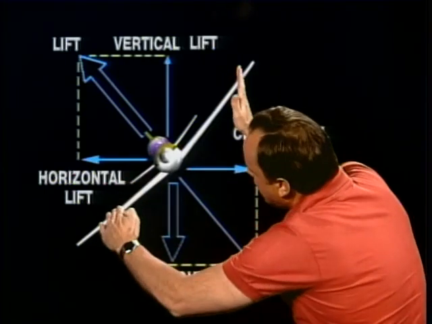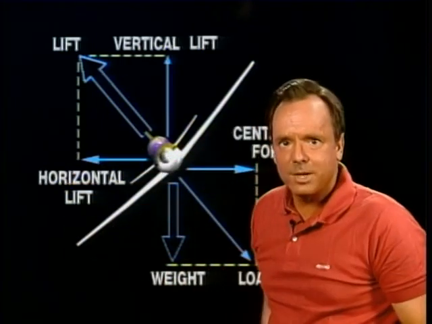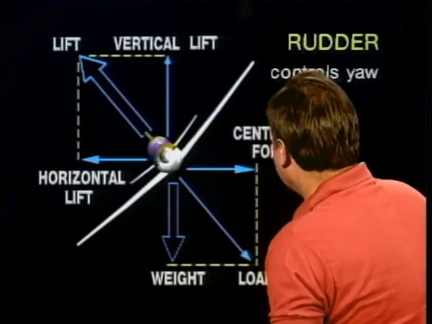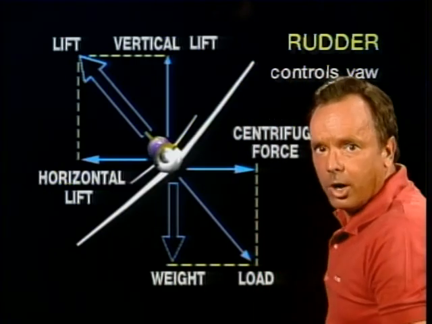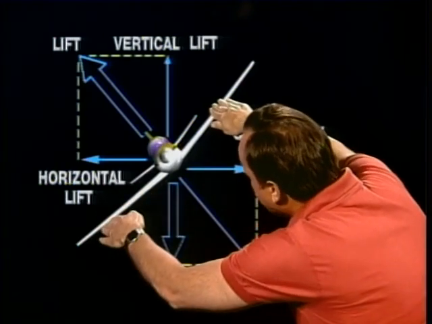Because it's the banking of the airplane and the tilting of the lift and the horizontal component of lift that makes the airplane turn. And what do you use rudder for? You use rudder to correct for the yaw, to control the yaw when you're turning an airplane. Now, notice when you bank this airplane,